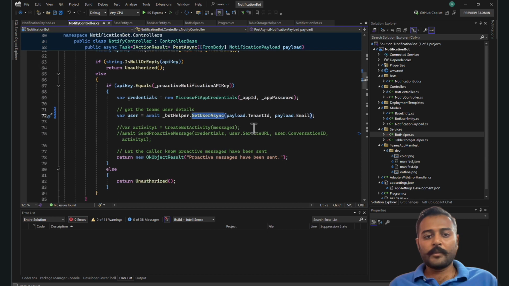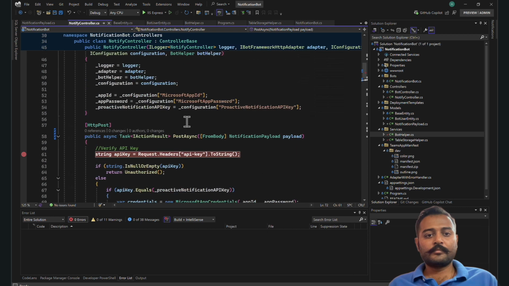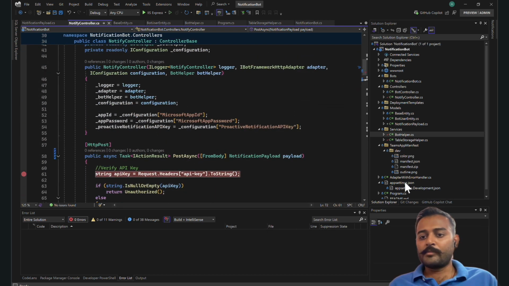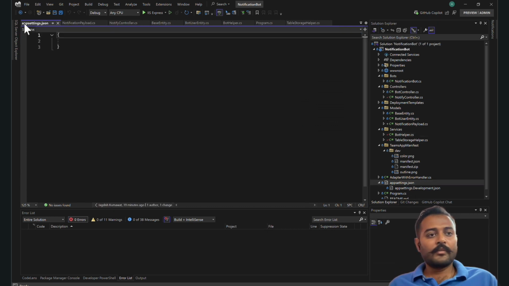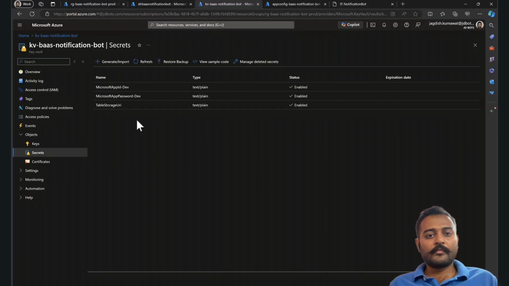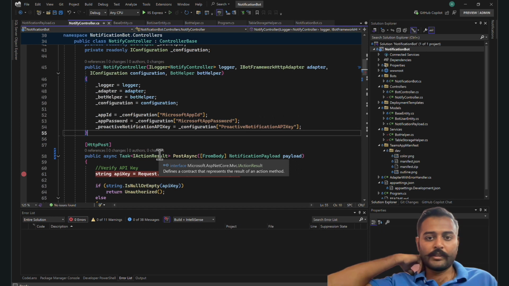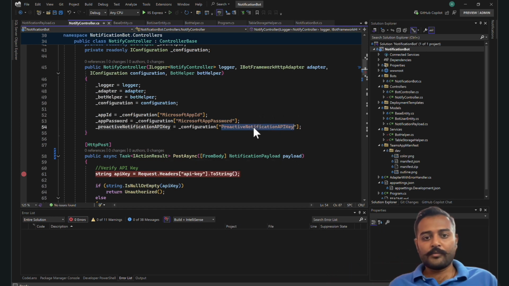We are already calling it. Now we need to make sure that we are actually getting this notification payload up till here. And with respect to API key, okay, I moved from here. So I have kept all the things in key vault except for the API key that I haven't kept over there. For that purpose, let me keep this API key here